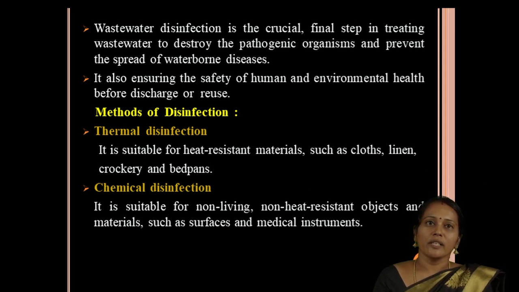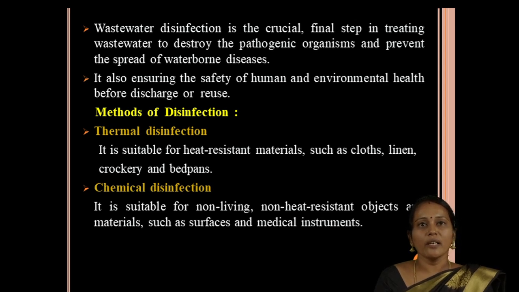Next, we have to see the methods of disinfection. There are two methods of disinfection available. The first one is the thermal disinfection method, that is suitable for heat resistant materials such as cloths, linen, crockery and bedpans. The next method is the chemical disinfection method, that is suitable for non-living and non-heat resistant materials such as